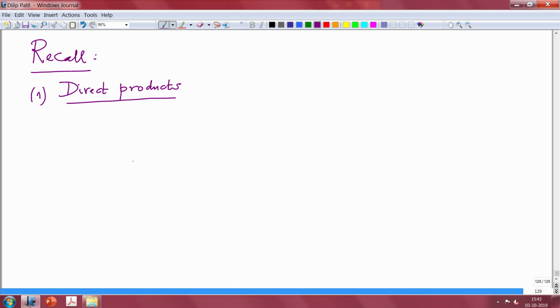So, what does this mean? That means from a given family of modules I want to construct a new module which is called a direct product. Analogously you might have done for sets: if you have a family of sets, then from that family you construct a new set which is called a Cartesian product, or similarly for groups, etc. So, I will do it for the modules.